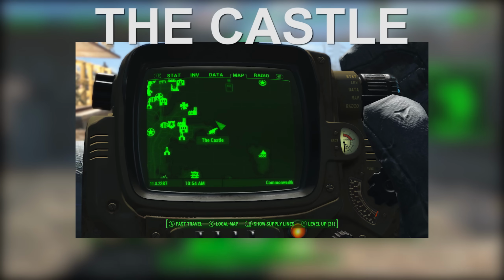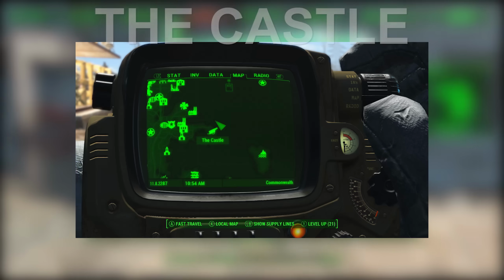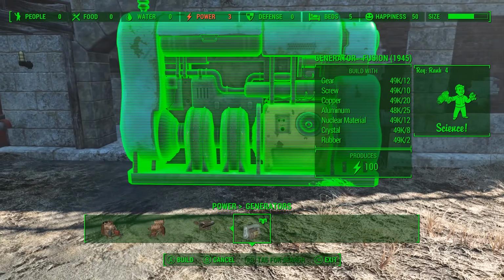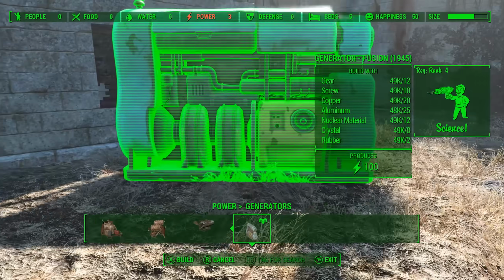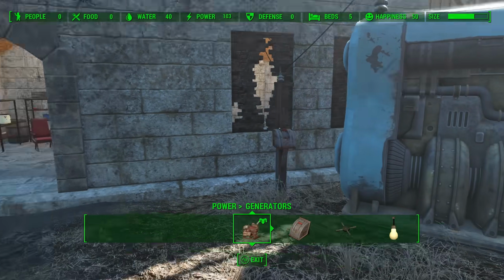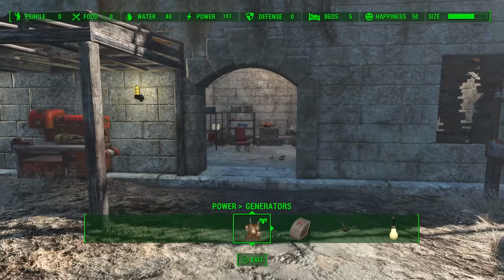Number 3. The Castle. While fairly remote, the castle is a great place to build your own main base, and depending on how you advance the story, you may find that it is a really good idea to go ahead and build here, as this place can potentially get attacked by the Institute. However, regardless of how you progress the story, I think you'll find that the castle is valuable for a variety